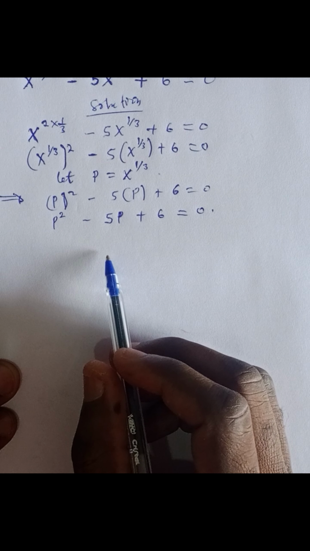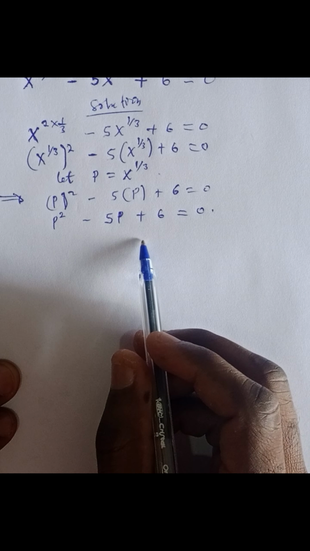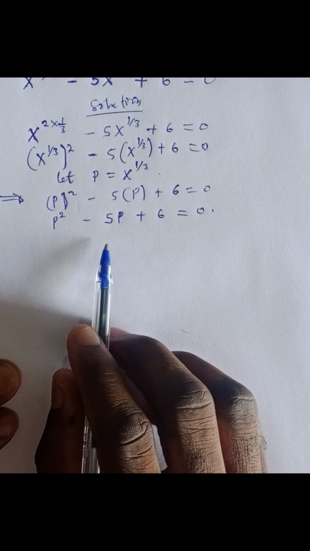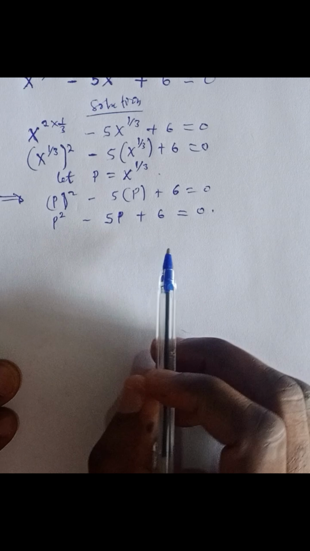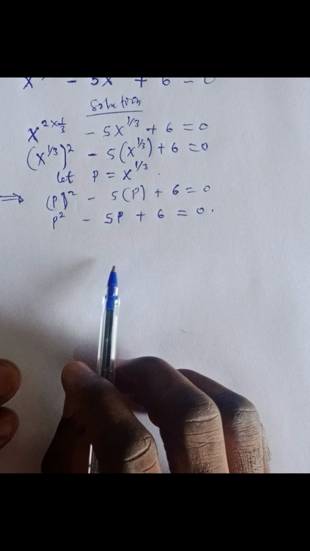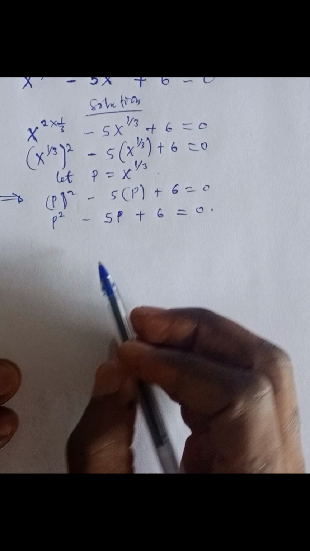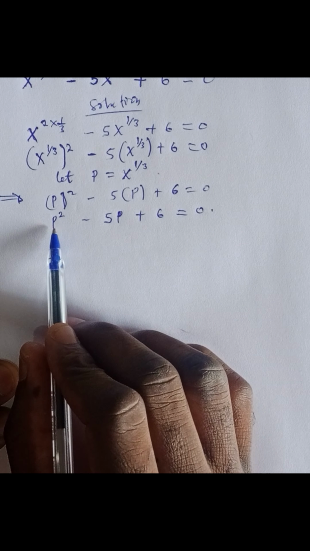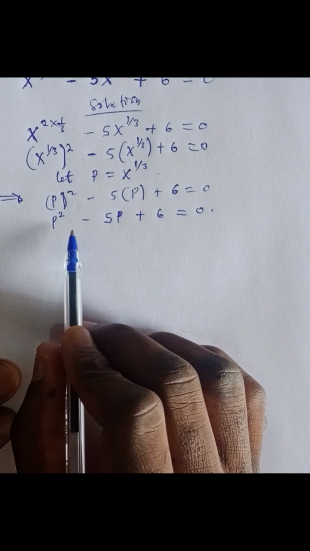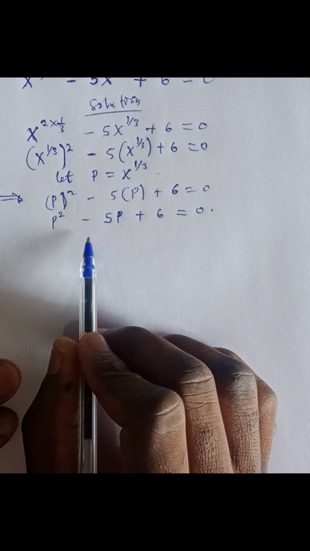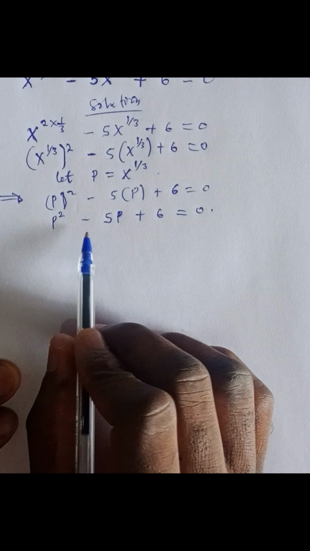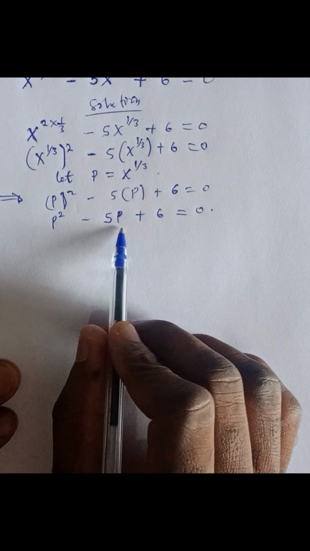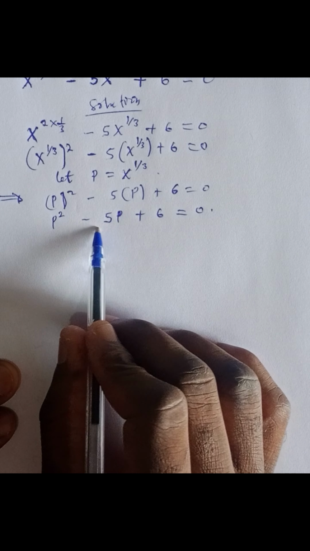So we can use the formula method, the factorization method, or even the completing the square method. But let's use the factorization method. All right. Let's look at this equation. Is this equation factorizable? Let's check. Now, to check whether it is factorizable, let's look for the product of the roots, in which if we employ two numbers and multiply them, they will be equal to the product of the roots, right? And if we sum them together, it's going to give us the sum of the roots, which is the coefficient of